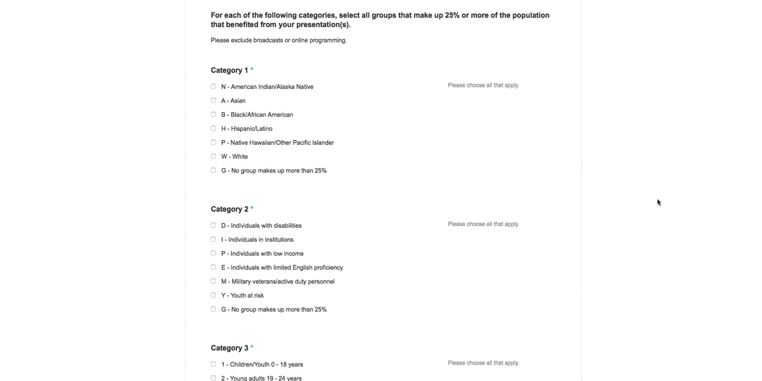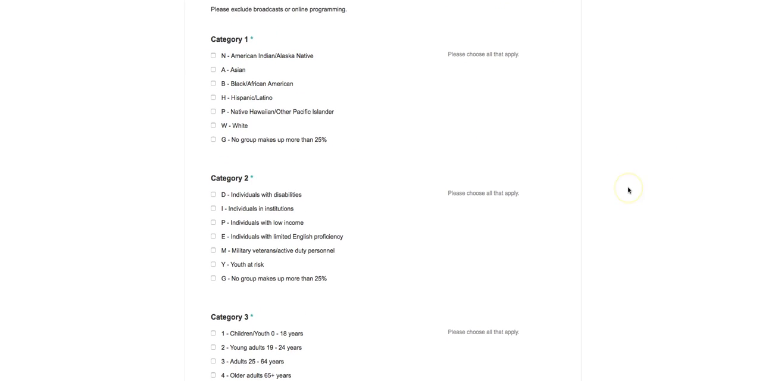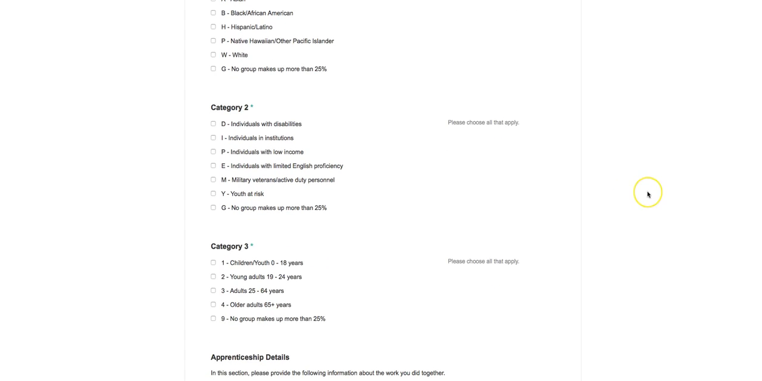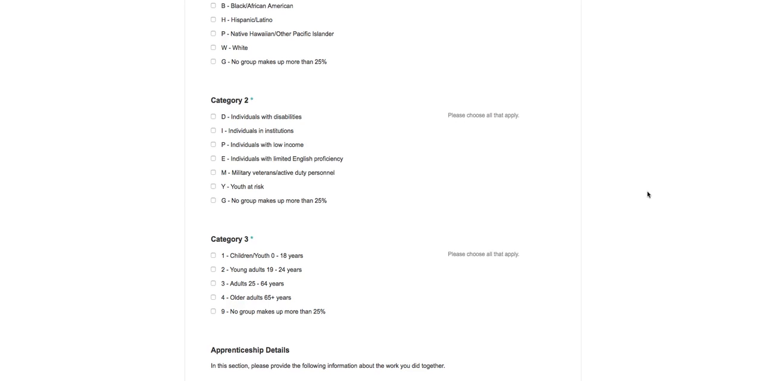And so in each category, you're going to select all of the groups that made up 25% or more of the population that benefited from your public presentation or presentations. And so the first category is ethnicity. The second category has to do with disabilities, people in institutions, income, English proficiency, military, youth, etc. And then the third category